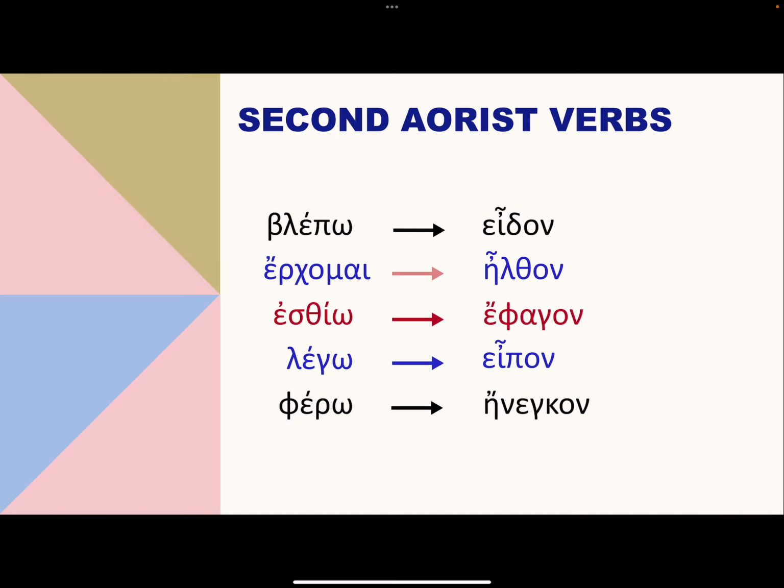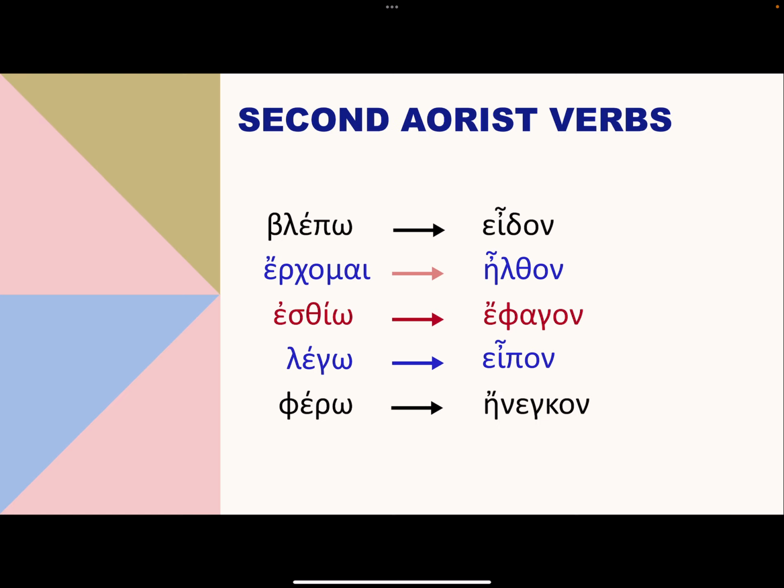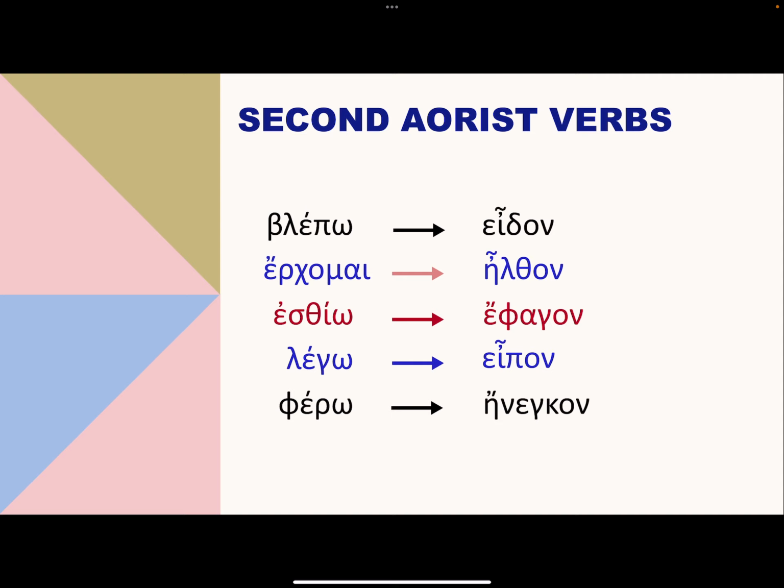And then, I would say those ones are fairly recognizable, but then we've got these ones that are completely unrecognizable. And so these ones, if it were me, I would memorize these almost as separate vocabulary. So not so much on the same vocab card like this one, but actually as a completely different word. Just like I said, in English, we've got something like go and went, two completely different words. There are second aorist verbs that are so different that I think it would be worth just memorizing this word